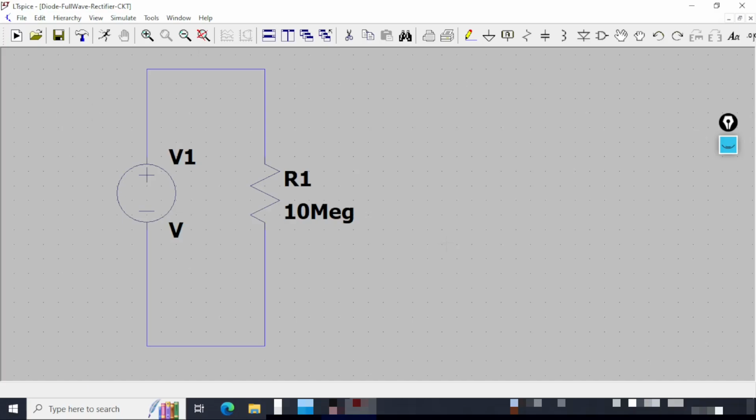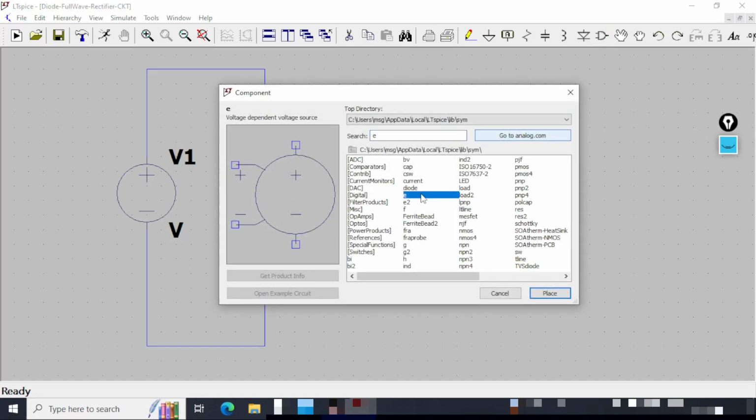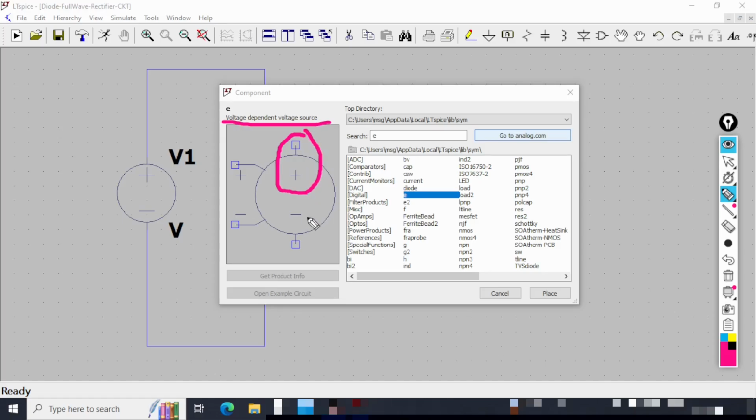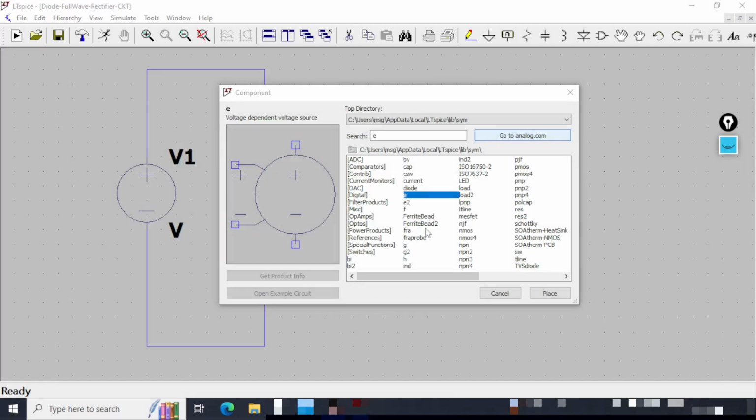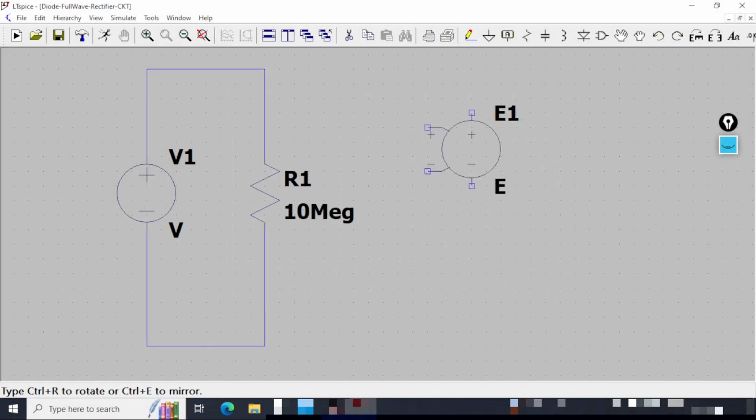To insert the voltage controlled voltage source, we will go to the component and here we will select E. E is the voltage dependent voltage source, and you can see it by the name. So this is giving the controlled output, these two nodes, and here we will attach the controlling inputs. So let me click and place it. The first one we will place as it is, okay, and the second one